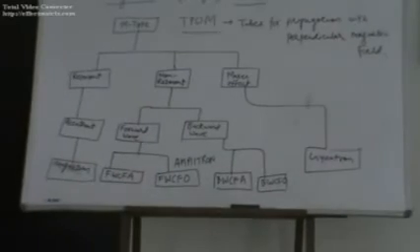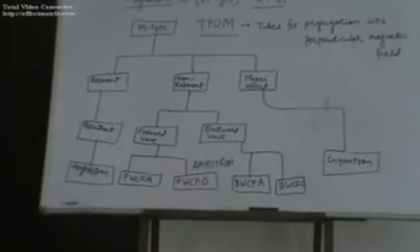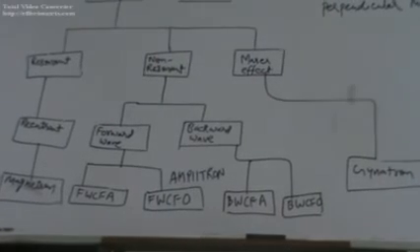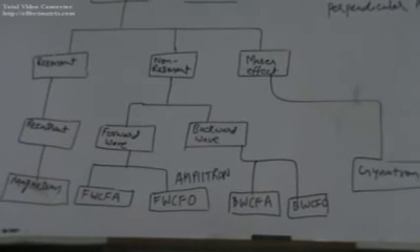So in this tree diagram or classification tree of the M-type tube, we can see that the M-type tubes, the magnetron type tubes, are the CFDs, cross field devices, where there is a magnetic field which is perpendicular to the electric field. So how did it differ? Actually, how was it derived?